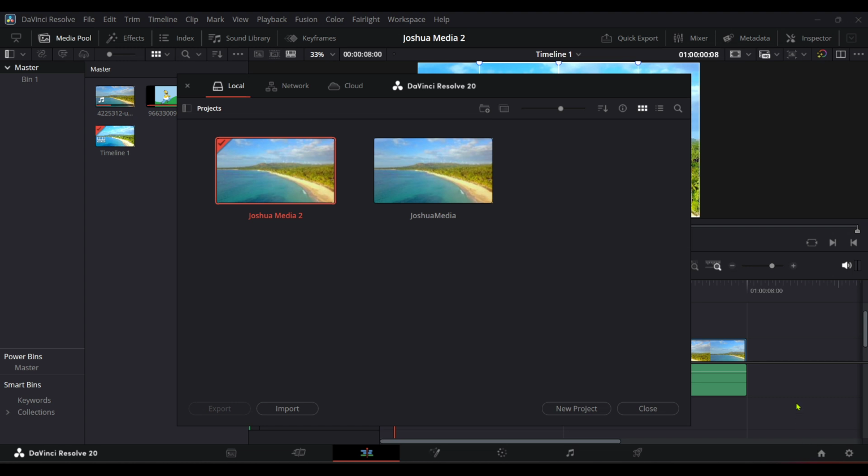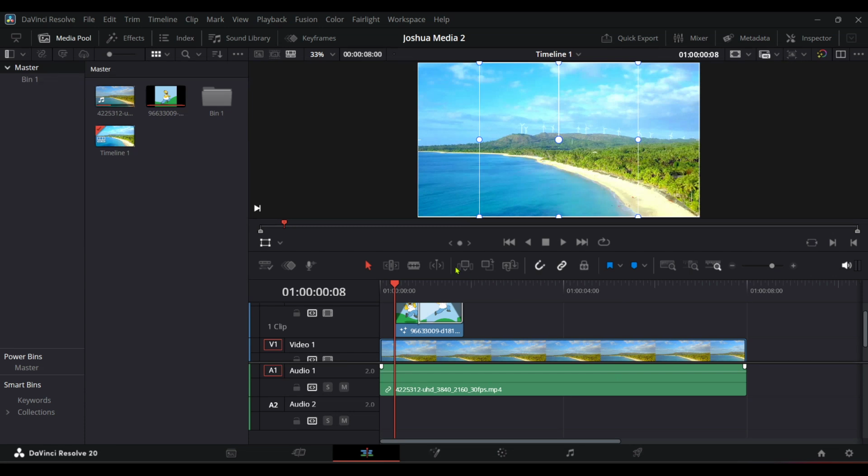your editing experience. First, launch DaVinci Resolve on your computer. If you haven't downloaded the software yet, you can easily find it on the Blackmagic Design website. Once you're inside the application, you'll be greeted with the Project Manager page. Here you can either open an existing project or create a new one. To keep things simple for today's tutorial, click on an existing project or start a new one if that's what